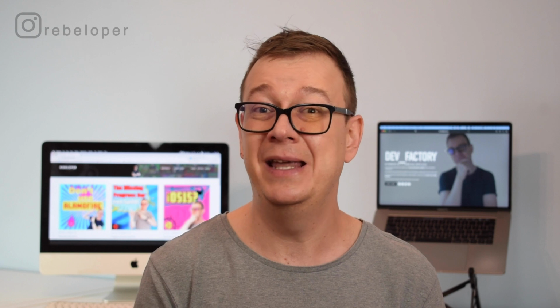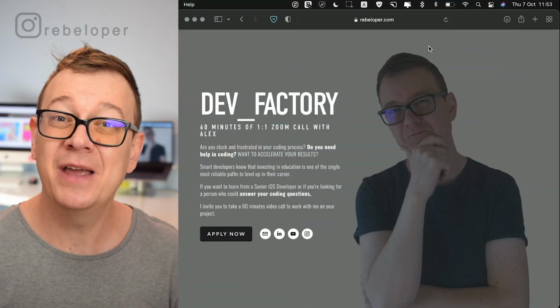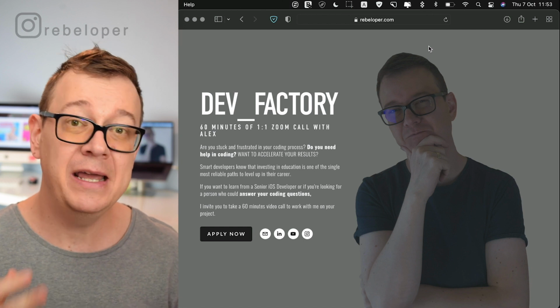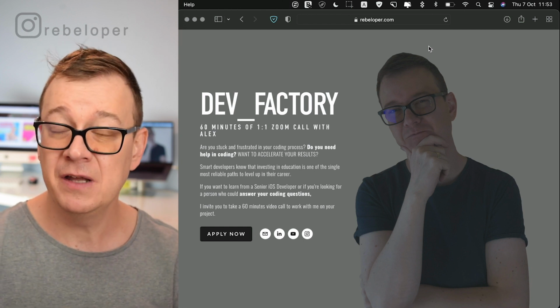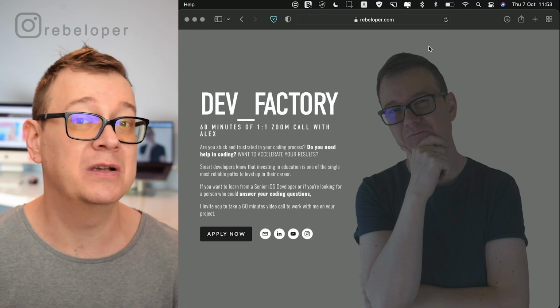So without further ado, let's get into data structures, and today we are going to talk about stacks. One of the easiest data structures that you can learn today is a stack. Today we are going to create a stack in Swift, and we are going to implement it into a SwiftUI